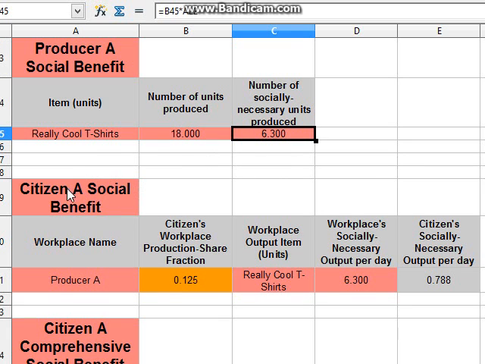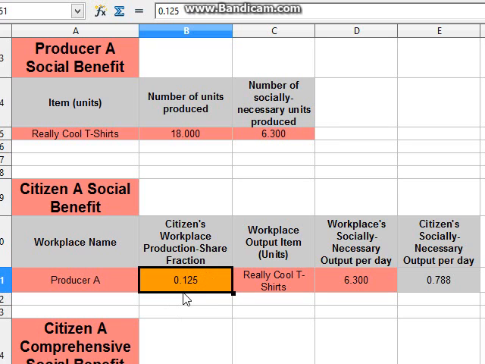What's the citizen's social benefit? Well, they work at this producer A, and their coworkers, let's say, have decided that they're responsible for about 12.5% of the work that gets done at that workplace. Now, once again, this is for the workplace to decide among themselves how much of a role each coworker has. If they want to be simple about it, they could just take the number of coworkers and divide 1 by that number. If they have 10 coworkers, they could just assume that each coworker is responsible for 10%